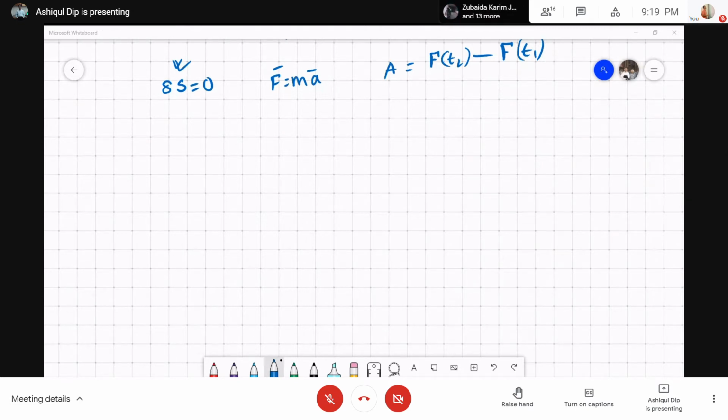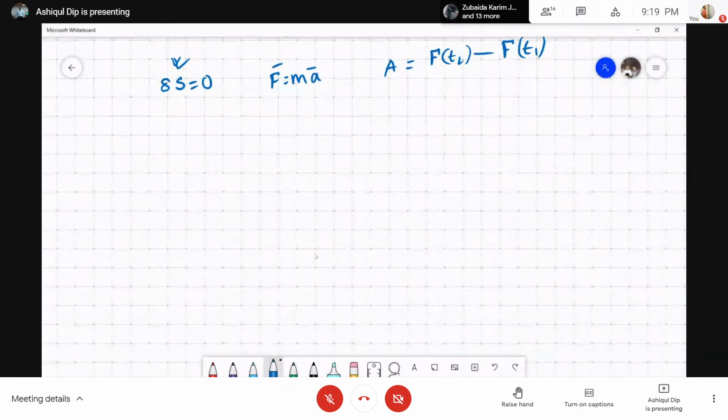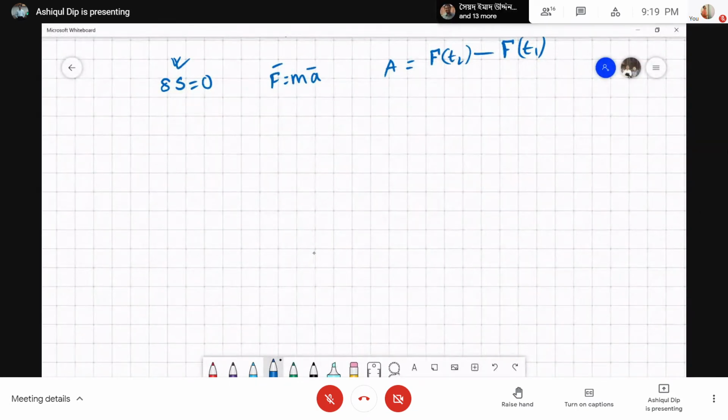Okay, I think we should start now. We are trying to show that the variation of S, when S is defined as the integral of the Lagrangian, equals 0 if F equals ma holds. So we are going to consider F equals ma as our starting point, and we will prove the variation of S to be 0. So F equals ma for a conservative force field,